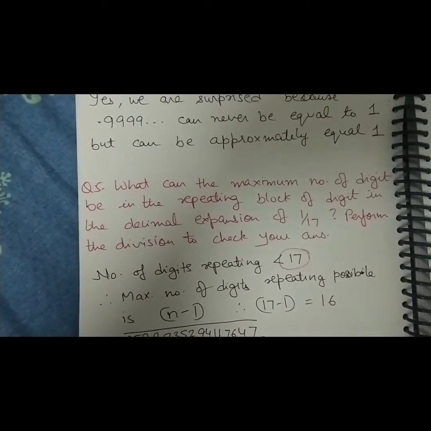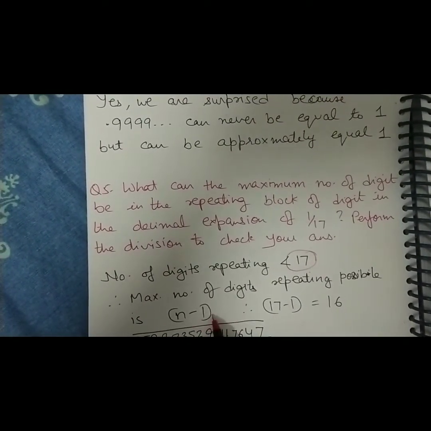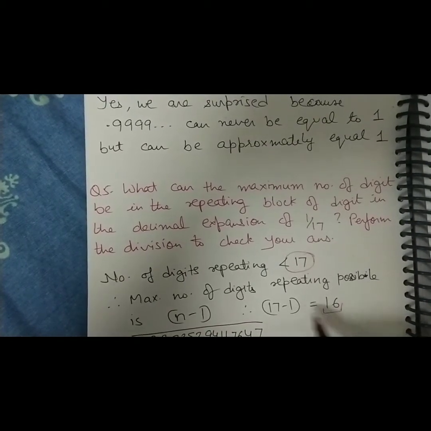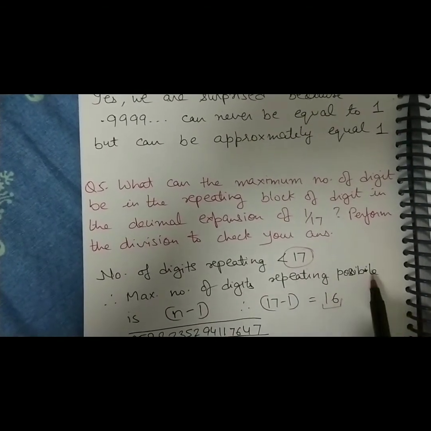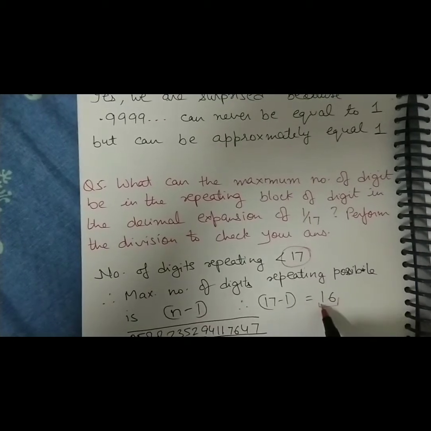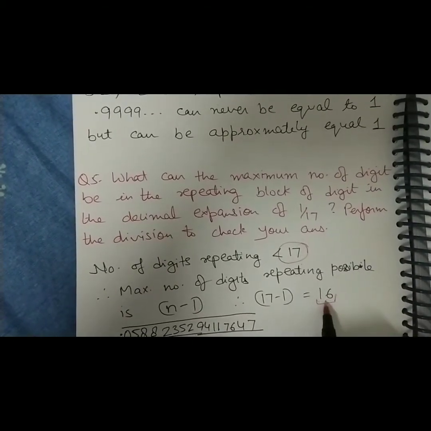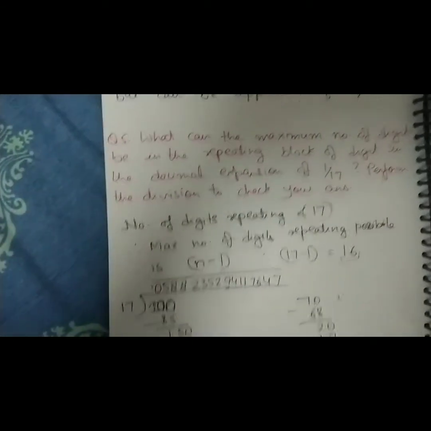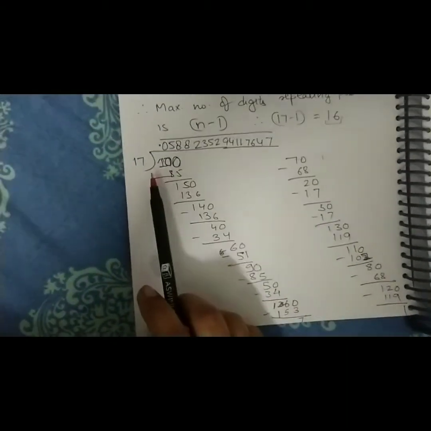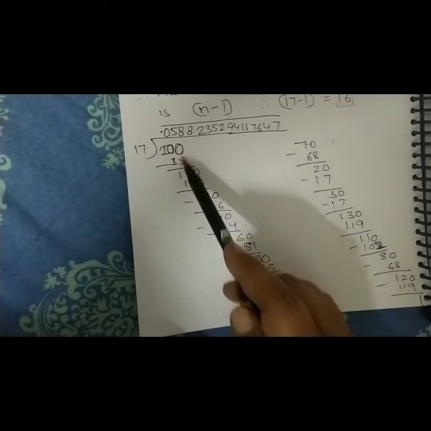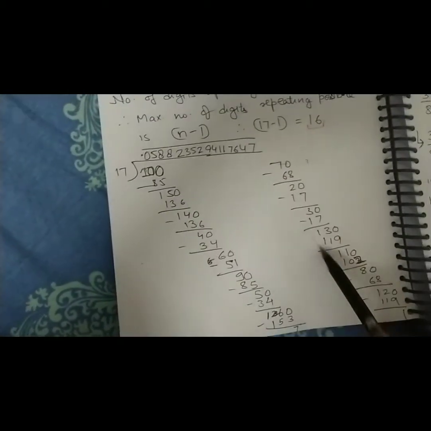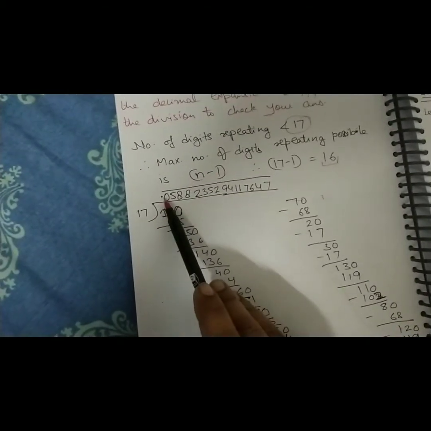How come? Because n minus 1 would be 16. So the number of repeating digits will be how much? 16. Remember? So when we divide this whole expansion and 1 divided by 17, when we keep on dividing it, we will get this value 0.001